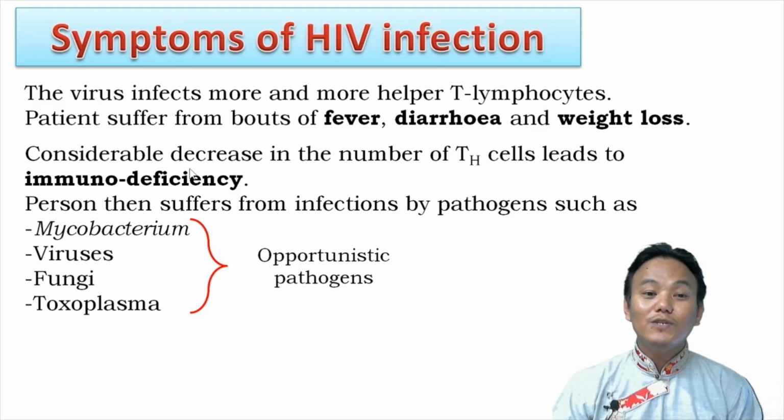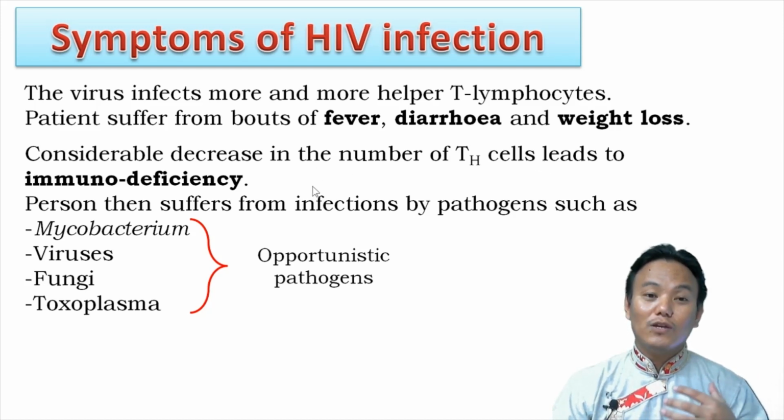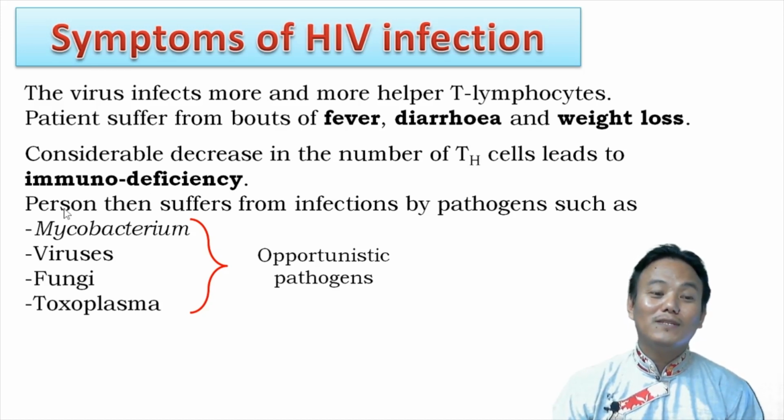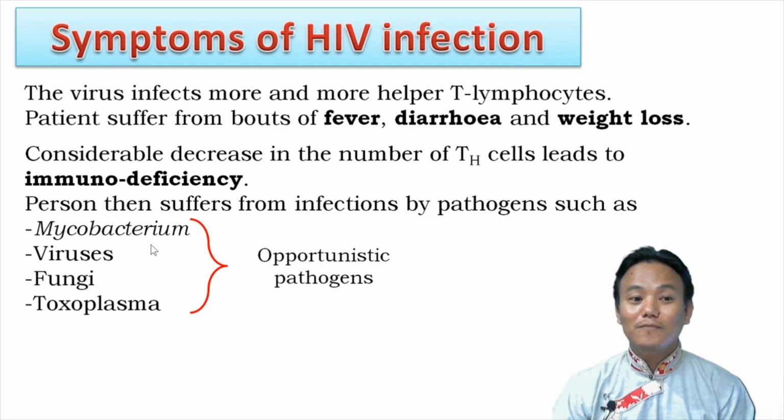Now, when a considerable decrease in the number of T lymphocytes is observed, the person suffers from immunodeficiency. Now the person is facing a severe immune weakening. The person's immune system is severely weakened. When the immune system is severely weakened, the person becomes susceptible to infections by pathogens such as mycobacterium,